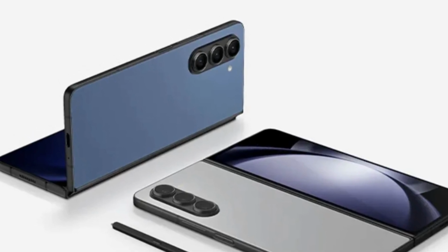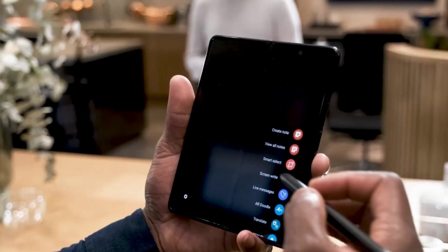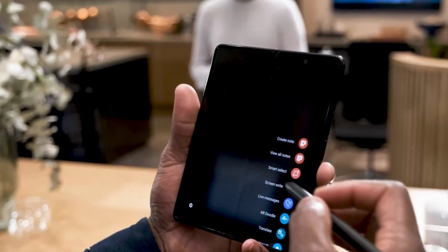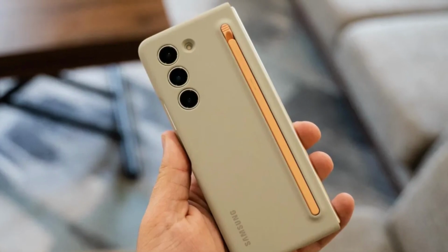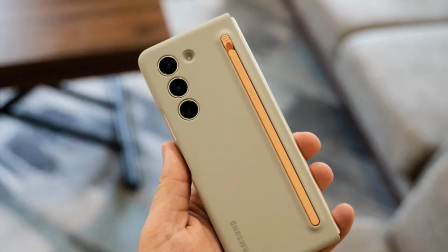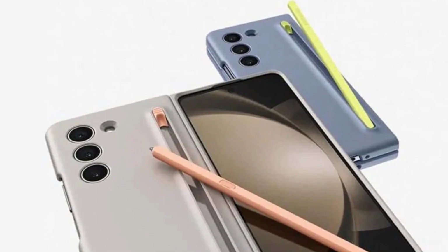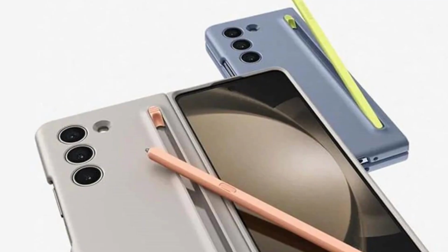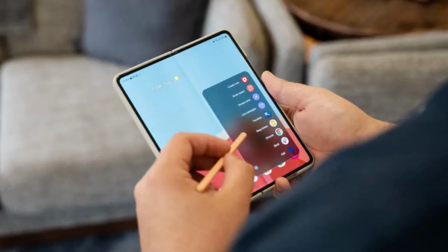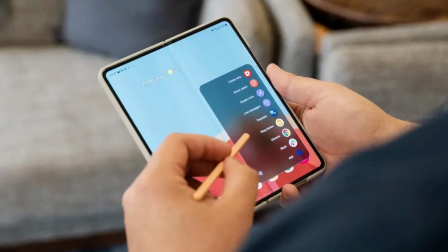Let's start with the Galaxy Z Fold 7. According to the leaked files, the Fold 7 measures 4.5 millimeters in thickness when unfolded. When folded, it becomes 9 millimeters thick. To give you some perspective, the Oppo Find N5 is 8.9 millimeters thick when folded, making it just slightly thinner than Samsung's latest. That means the Fold 7 misses the title by only 0.1 millimeter, which honestly won't be noticeable